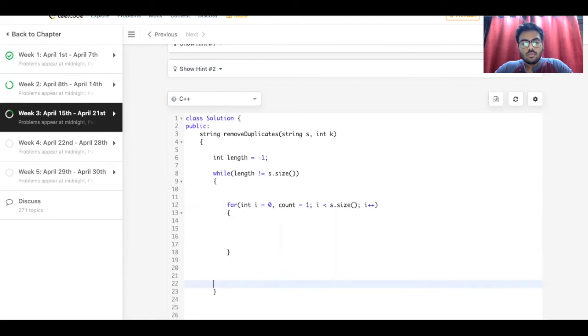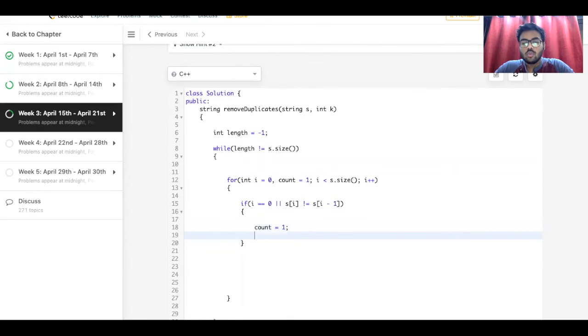After this, we have to check if i is equal to 0 or s of i is not equal to s of i minus 1. Okay, at this time you have to initialize the count variable. By doing this we are checking if it is at the first element, we have to initialize the frequency to 1, or if we encounter a new letter, then we have to initialize the count variable to 1. Otherwise,